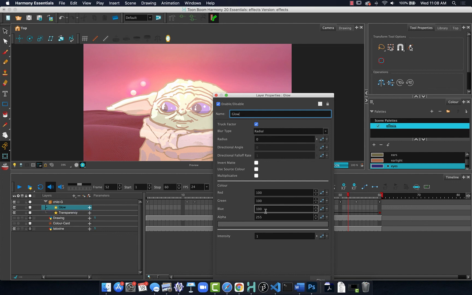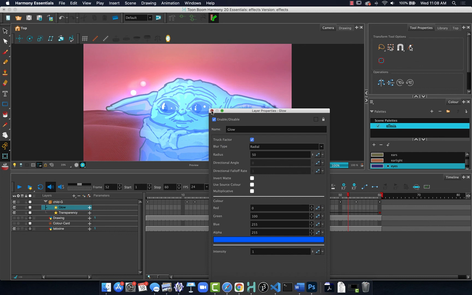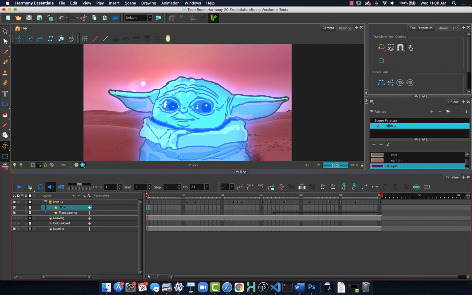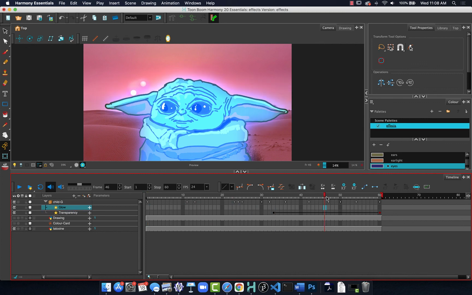Now, when we look at the glow, we can see what the color is, and our values are 0 to 255. So if we turn up the blue and then maybe turn down the red, we can see where we're starting to get a glow. And if I were to then put in a radius value here, let's say 5, or 50, we can see how we start to get a glow, and it's starting to look almost like we have, well, we're glowing here, but we're still opaque,